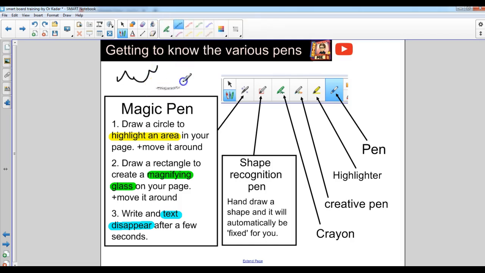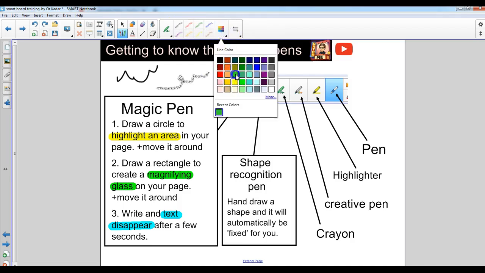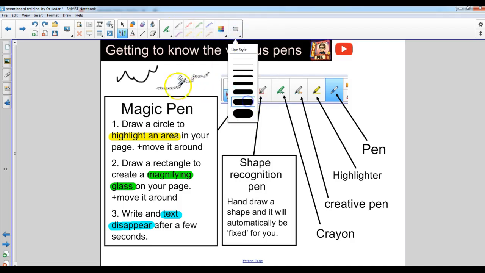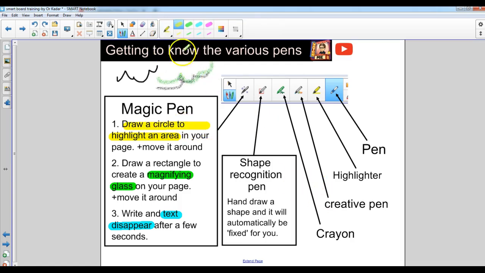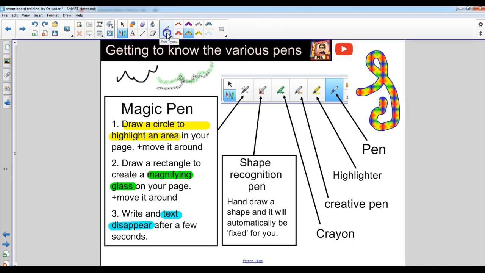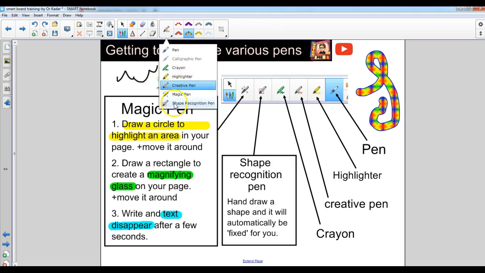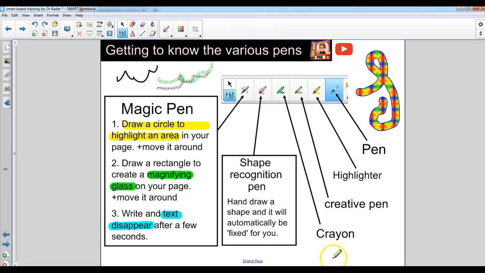The crayon pen goes like a crayon. You can always go to change the color, and you can change the thickness. Highlighter will highlight a piece of text. The creative pen is just a fun pen where you've got a bunch of funky lines you can use. And the shape recognition pen will